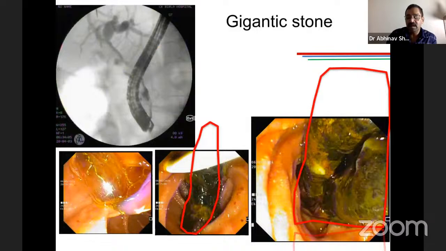Even gigantic stones like this can be removed using